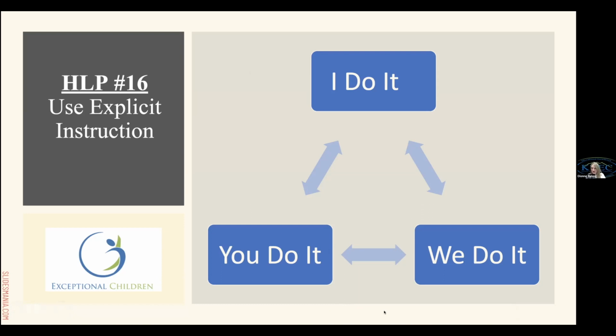And so I even have been working with some pre-service teachers, but that's the part that they have trouble with, is the I do it. What do those examples look like, those non-examples? So that's a really important piece for our special education students. We teach them that thinking through that strategy. We do the think aloud, and we teach them to